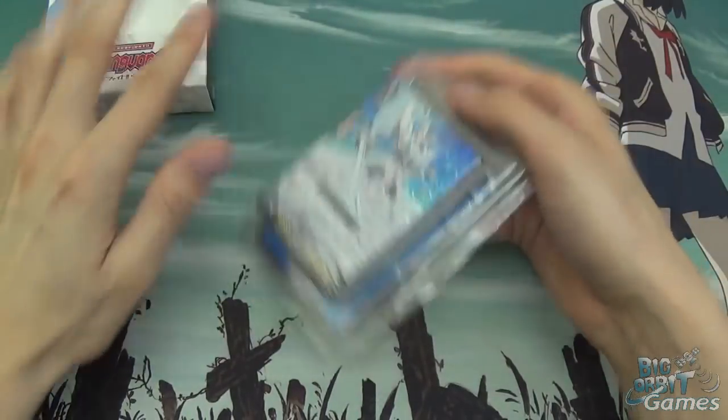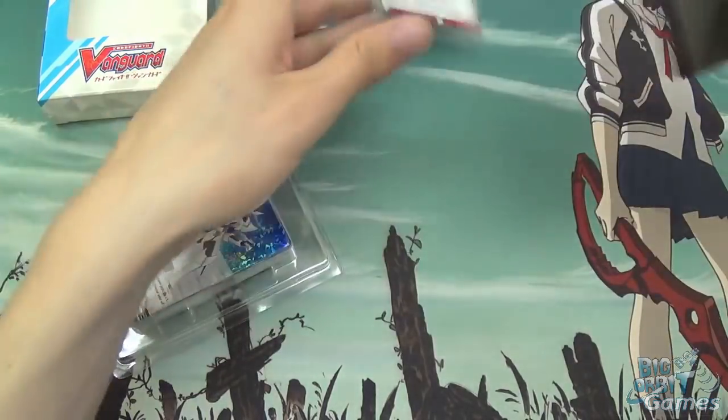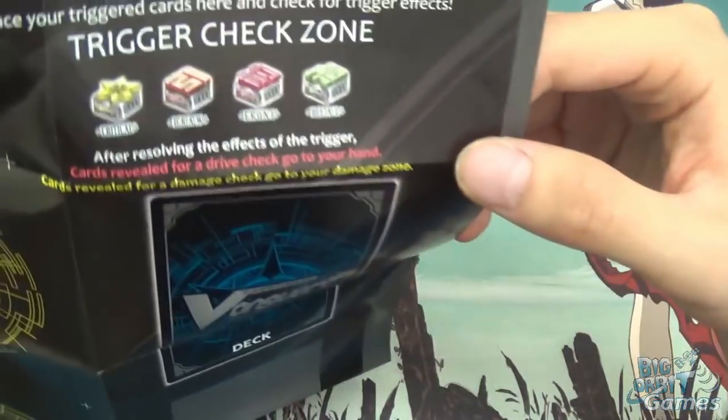So open that up. Naturally we get our little guide and our playmats. I won't go through the guide, but I'll show off the new playmat, seeing as it's a whole new series. I mean, okay, the playmat is practically the same. They don't do the coloured ones anymore by the looks of it, but it gives you all your little...